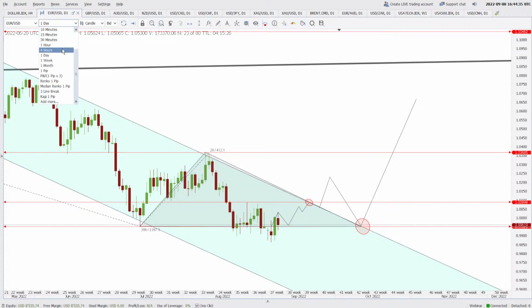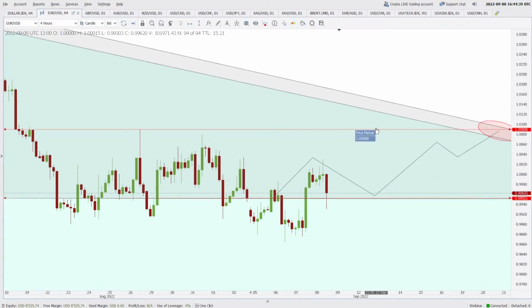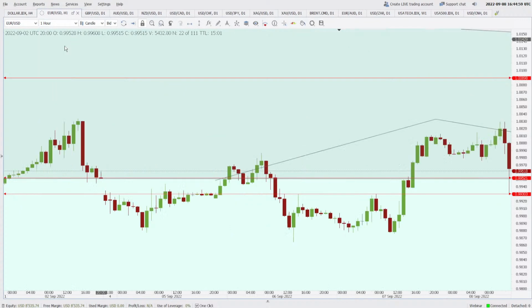So why it is struggling, I'll show you why. You see something? A knife falling from the heaven was saved by this level. You might be thinking, no, it is not 0.9952, it is 0.9929, right? That is what you're thinking. If I just mark this area, oh, this is 0.9929, not 0.9952. Okay, I will show you something else on the 1 hour.